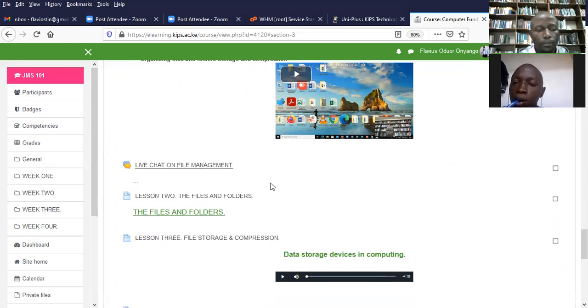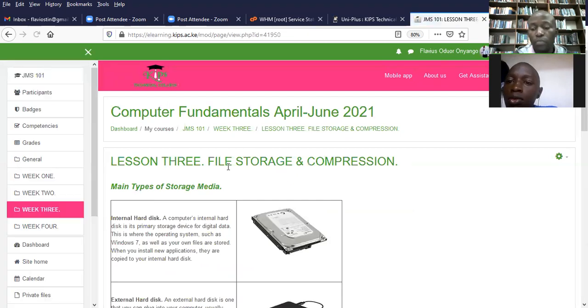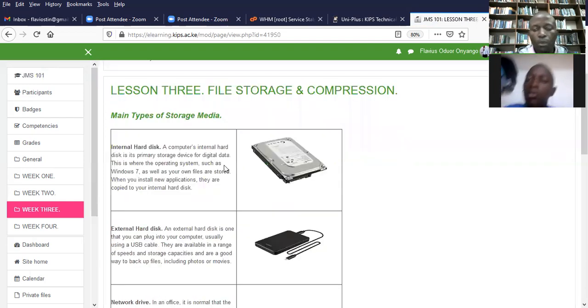Okay. Very good. Then down somewhere here, we talked about storage. When you're talking about storage, I'll click on that particular link so that it takes us to the main devices that you use to store data. Remember, storage is one of the groups of the hardware components. Some of those hardware components are the hard disk. The hard disk is the internal one. Today, you're still using a smartphone?